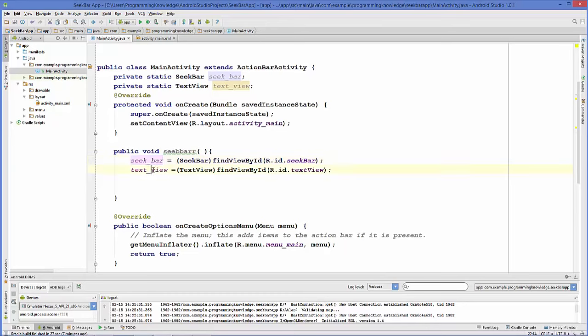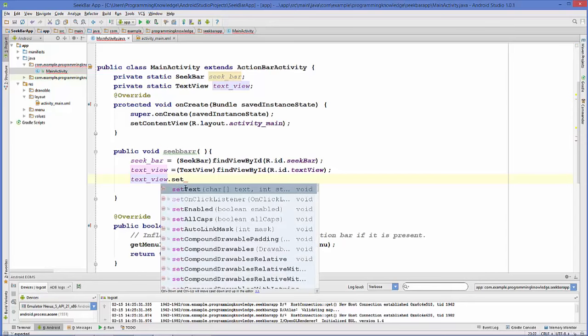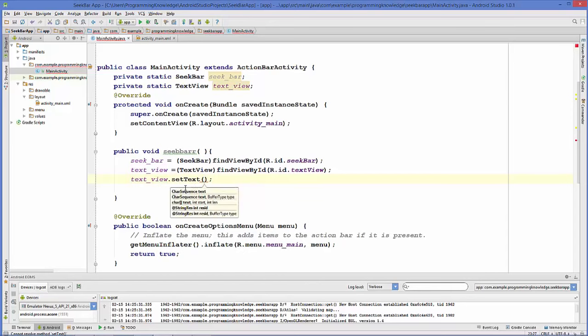But let's first set some text on our text view so that it can print the progress of the SeekBar. So textView.setText, and inside we can just set some text, for example, covered some amount of SeekBar or something like this, plus the SeekBar variable,